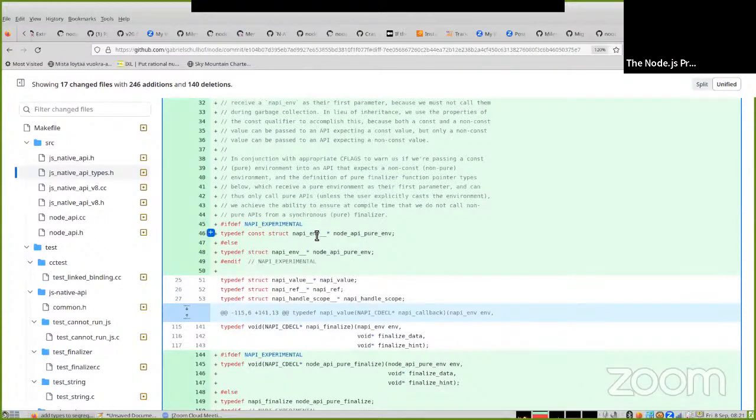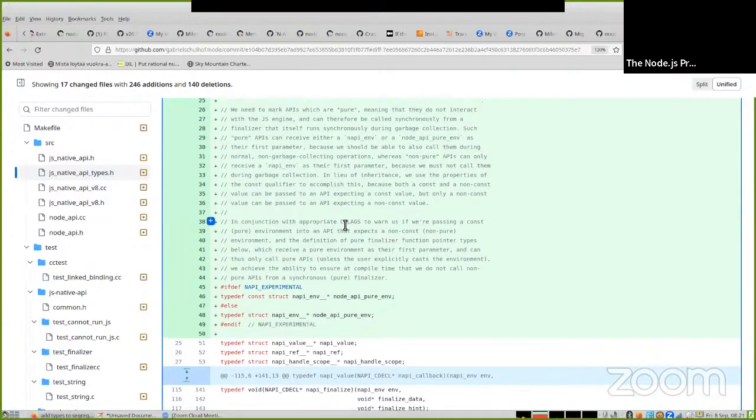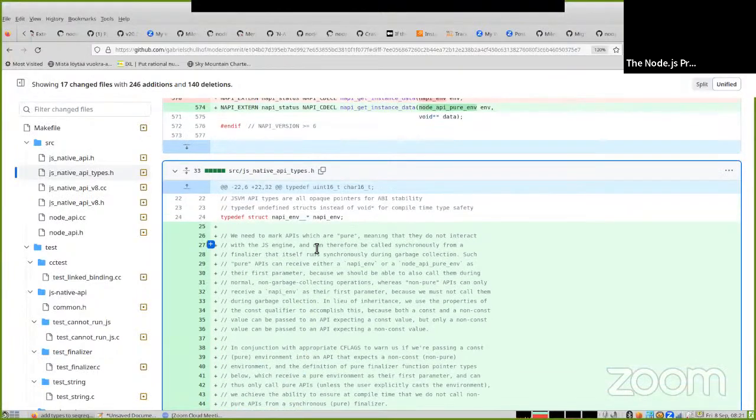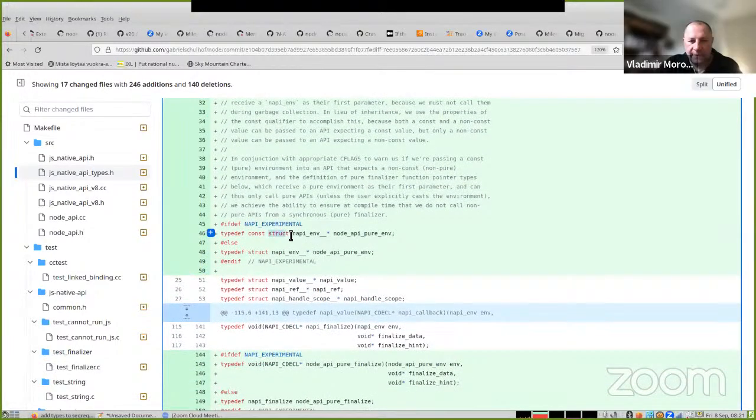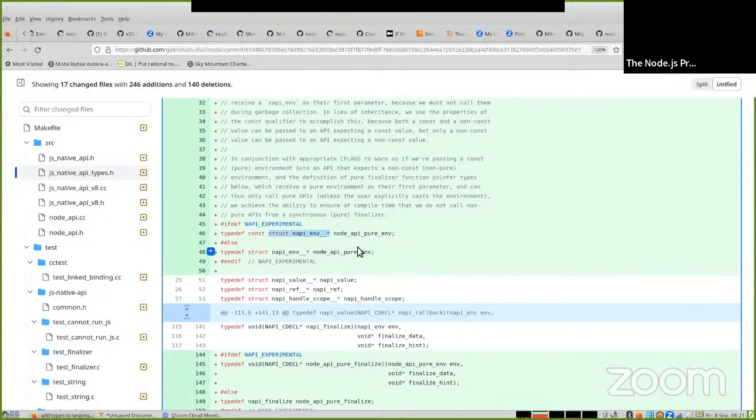An interesting observation though is if we do this, right? Typedef const blah blah blah. If I replace this with NAPI env, like if I just put this here instead of copying this, then it doesn't fail anymore. It's as if the constness didn't make any difference. That was very strange. So for example, let's see,